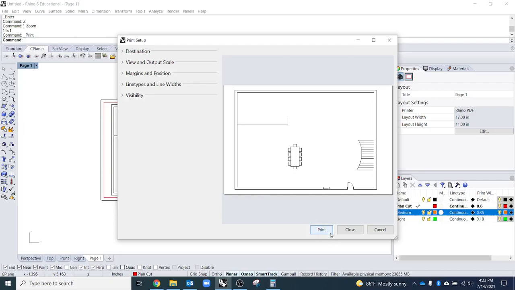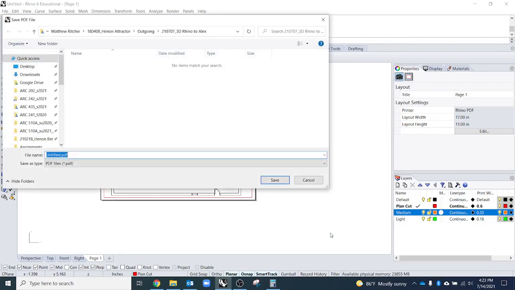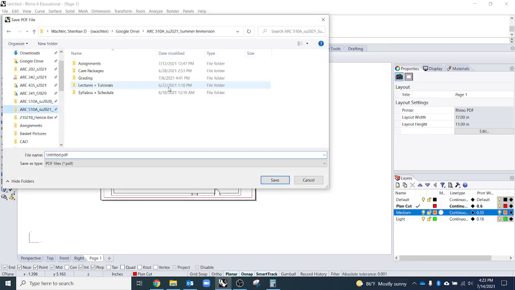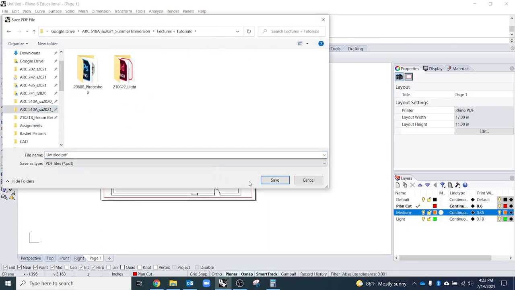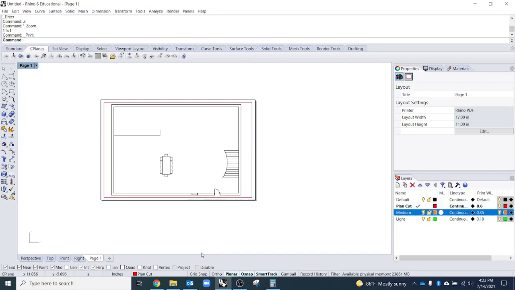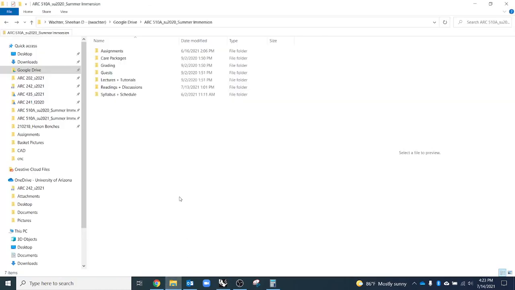And when I'm done with those options, I'll click print, and it'll give me another dialog where I can select a location, and I'll just do this plan, and it should have created a PDF